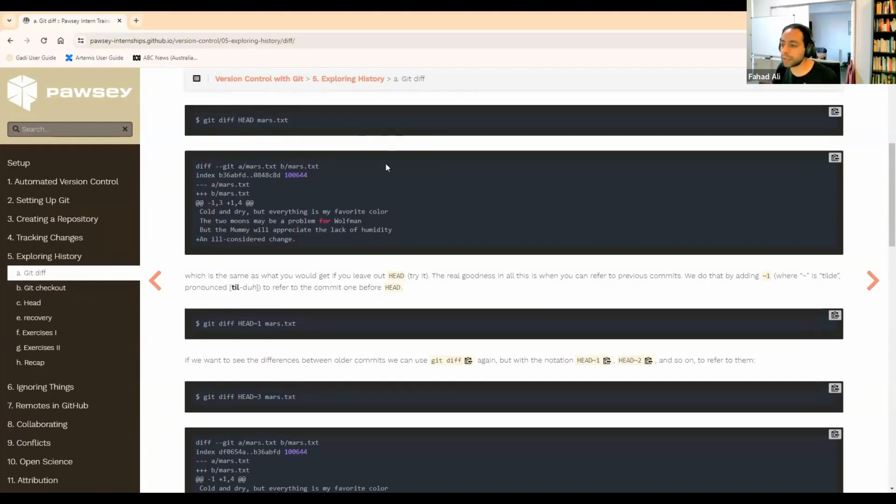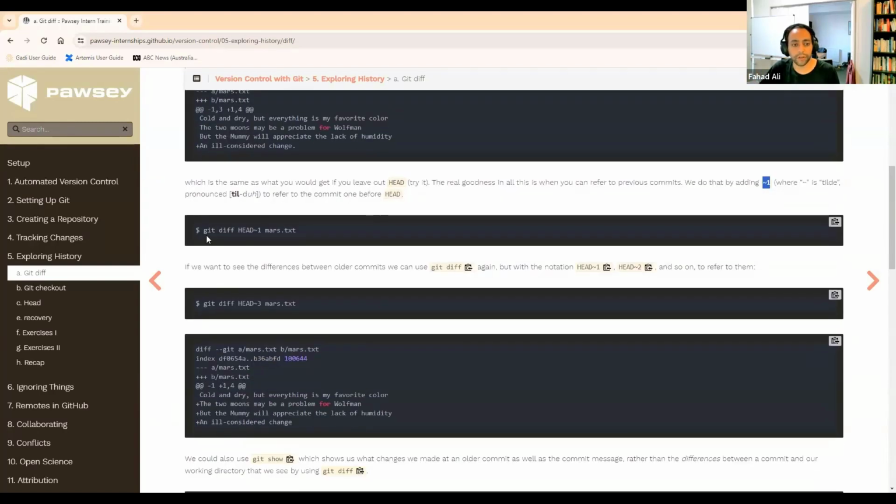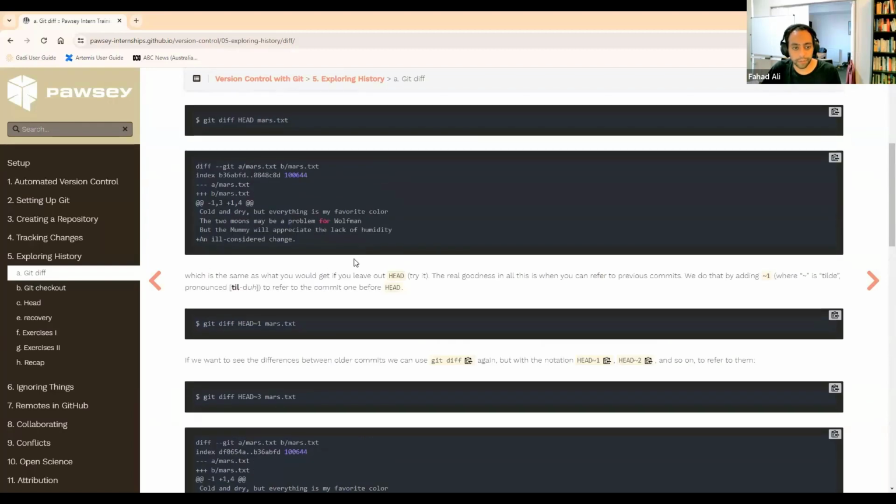However, you can manipulate this to look at a couple of commits back. You can add a tilde character with a number, and the number is the steps of commits before the most recent one. So HEAD~1 means the commit that is one step before the most recent commit. If we do git diff HEAD~1 mars.txt,